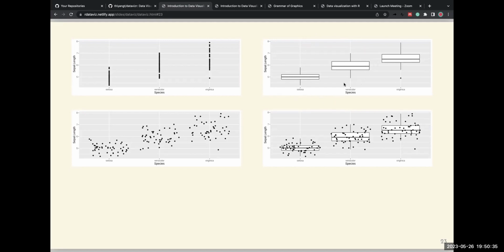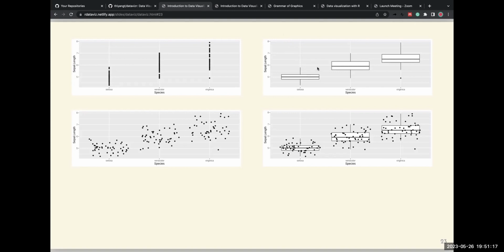You can see the appearance of the plot is drastically different, but still I use the same two variables, sepal length and species. And if you look at this one, again, I use the same set of variables, sepal length and species. If you look at the last one, again, I use the same variables, sepal length and species. So here I got just four plots, but what I wanted to highlight is, for a given situation, there are many